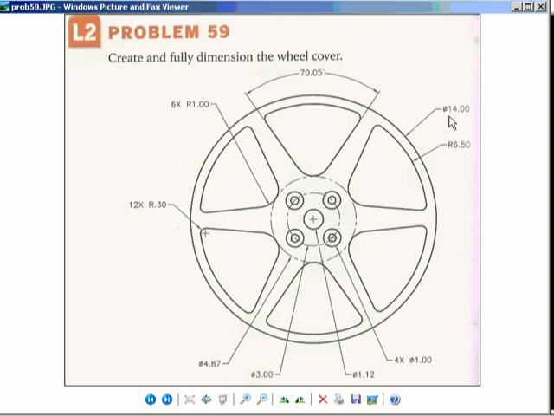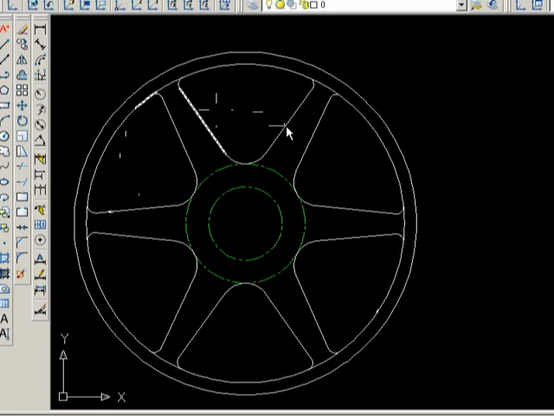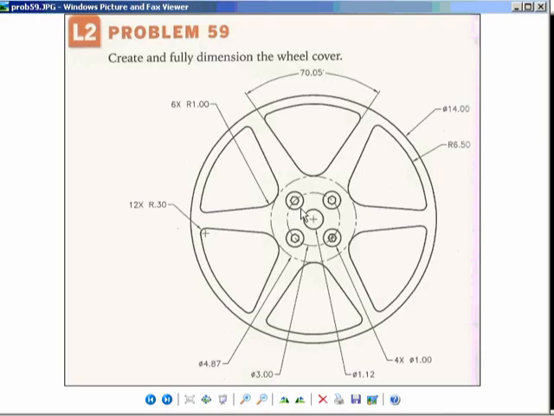Okay, in part one of the wheel problem, I got you through most of this picture of the wheel cover. We've got the spokes and the outer wheel areas and these center lines in the middle. I'm going to show you how to use the array command again to complete this problem, and if you look